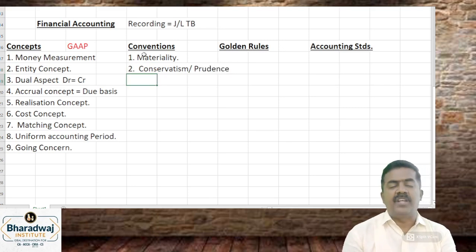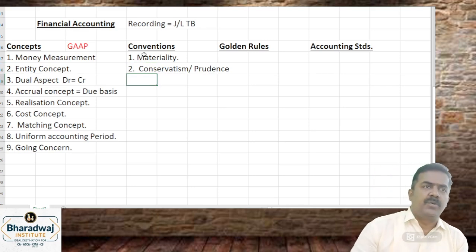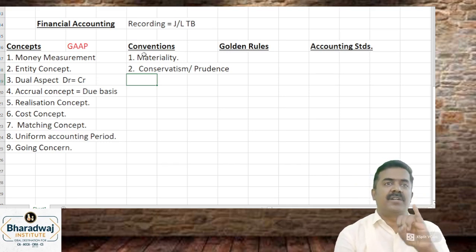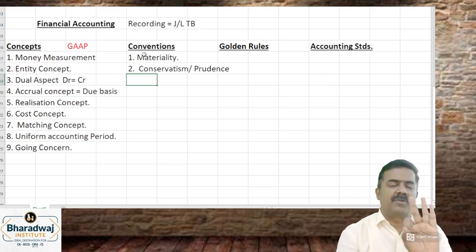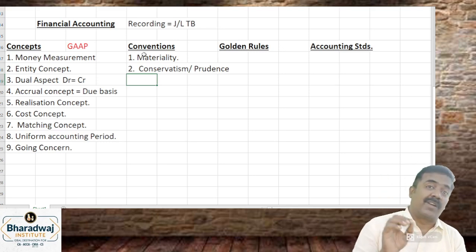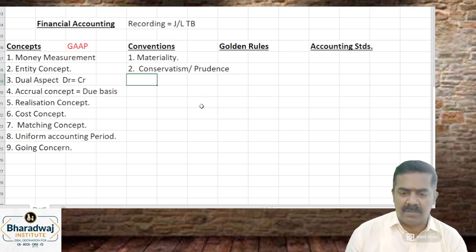Ensure that you are providing for all losses. If you know a future loss is coming, provide for it right now. Example: provision for discount, provision for bad debts, provision for losses. We create provisions, right? Provision for estimated losses. Provide for all losses. For example, stock at the end of the year, or when you purchase stock, the value